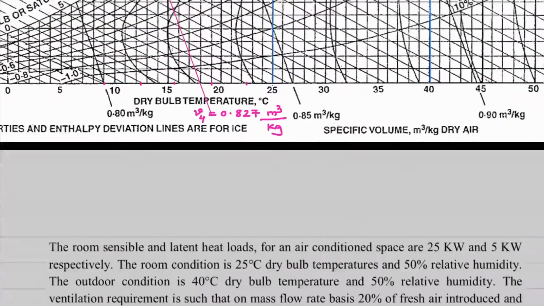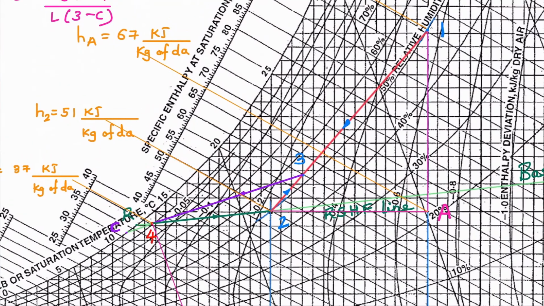If you consider m dot dA1 upon m dot dA3, observe this. For m dot dA1 we have to consider length 3 2, divided by m dot dA3. dA3 means point number 3, so we have to consider length 1 to 2. Now length 1 to 2 we can read over here. Keep your scale at 0.1 and 0.2 and read the distance 1 to 2. This distance depends on the chart; depending on the Xerox of the chart, that distance may vary, but the ratio will be the same.